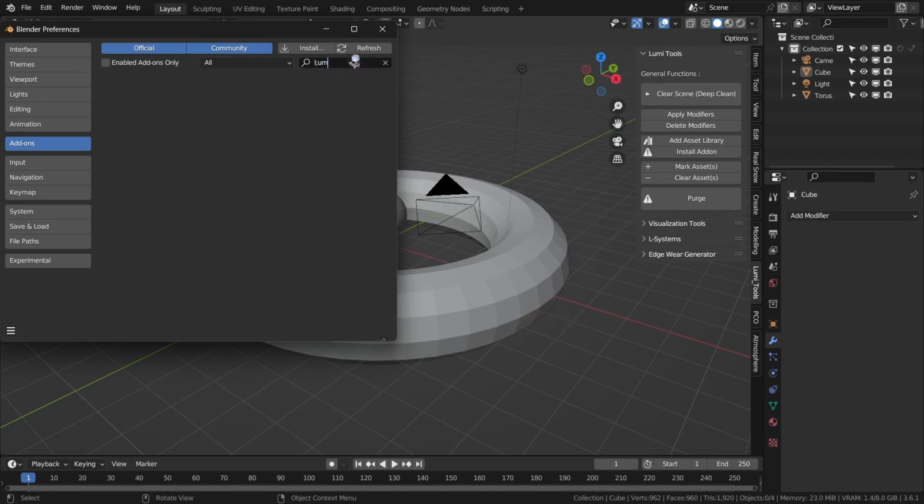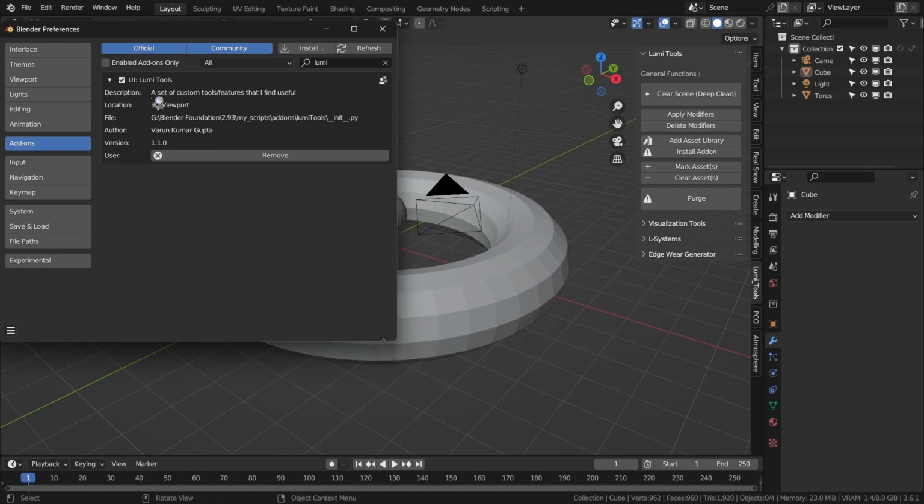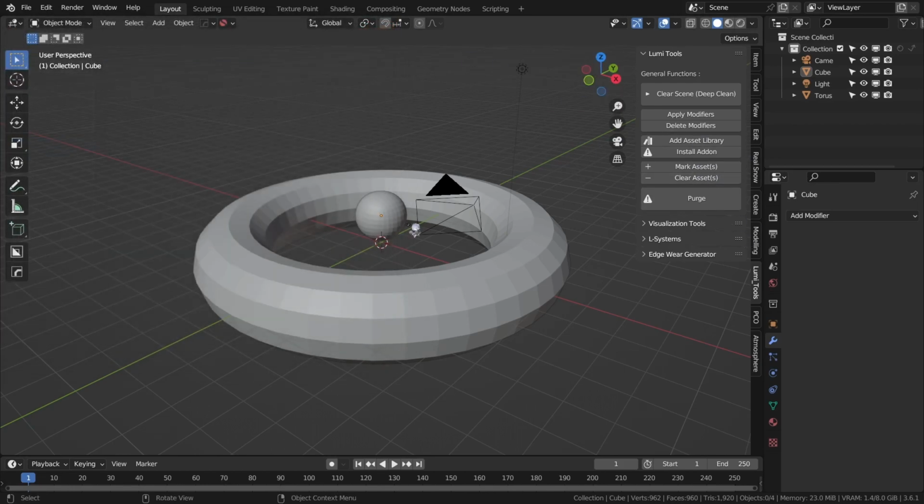So okay, Lumi Tools is a package tool, so you can install it using any other add-on. You can see that you have to enable it from here to make the tool work. So this will do everything for you. Mark asset, as you guys might know that the